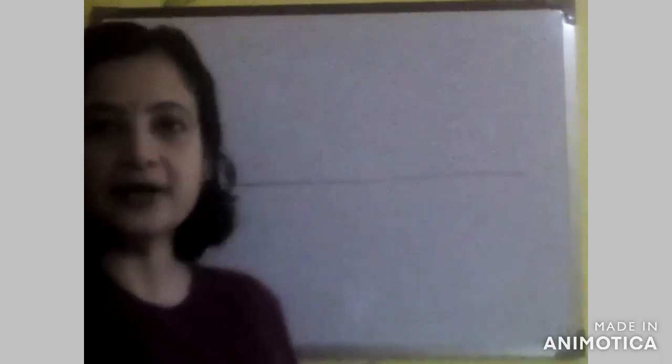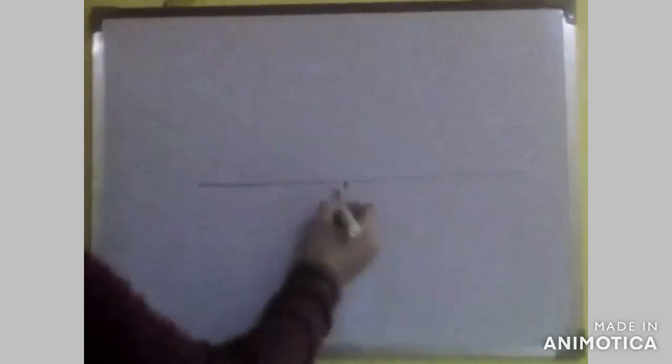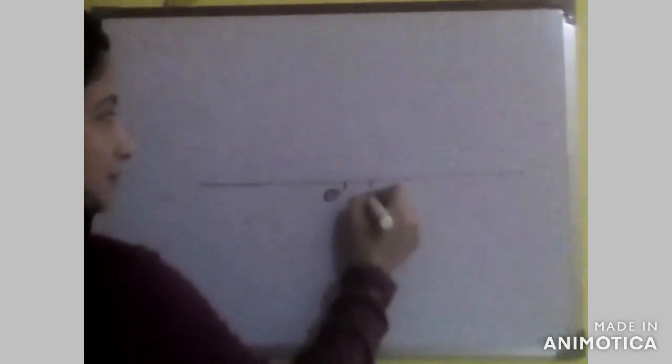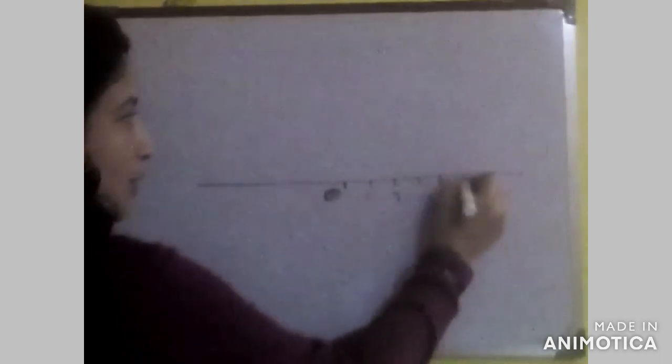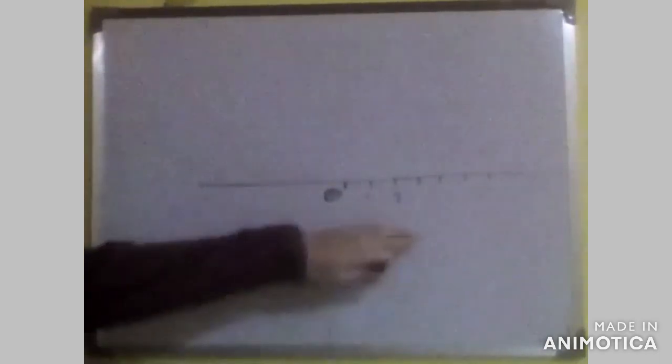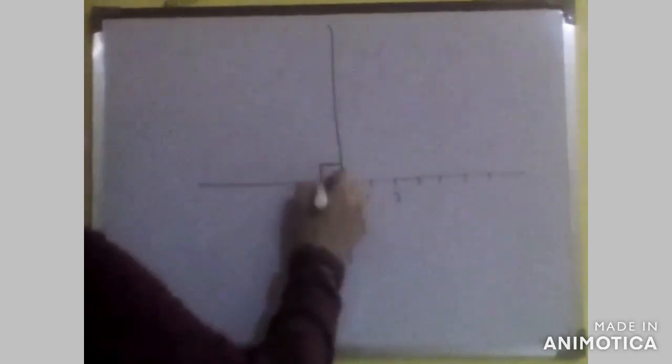Because we need one number line and another number line, where the two number lines intersect each other at the point 0 and perpendicularly. Again I am repeating this. Two number lines. This is one number line: 1, 2, 3, 4, 5 like this. Another number line is also intersecting this number line at the point 0, perpendicularly.